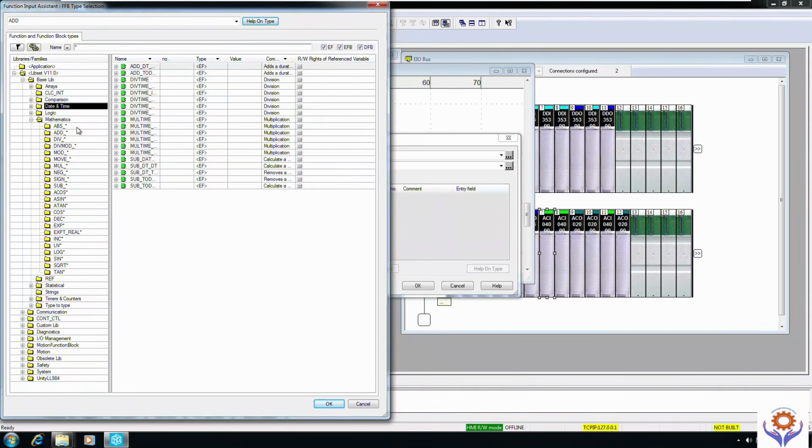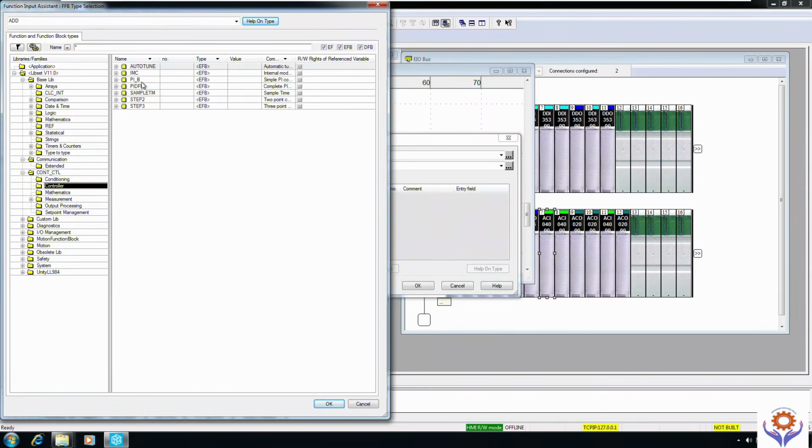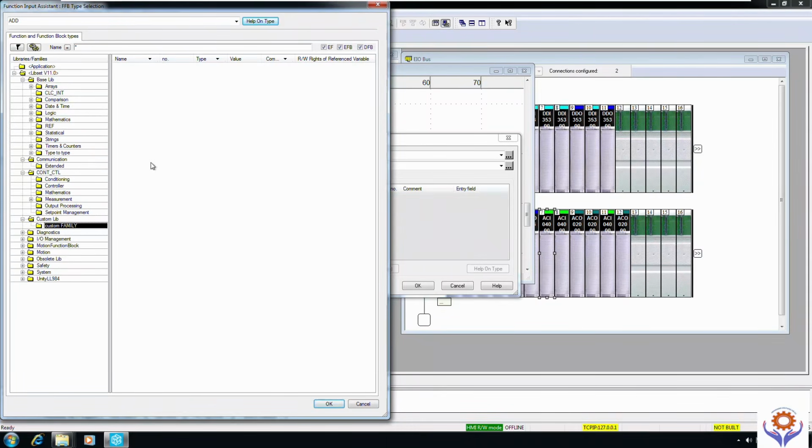And if you go further down, we can find communication, and you can find everything related to the controller. And if you see further, this custom library,